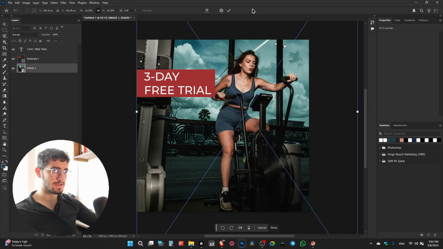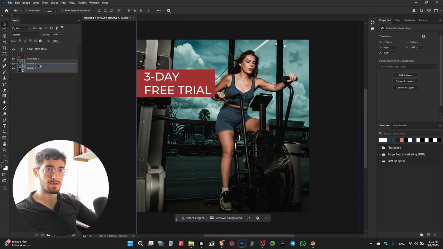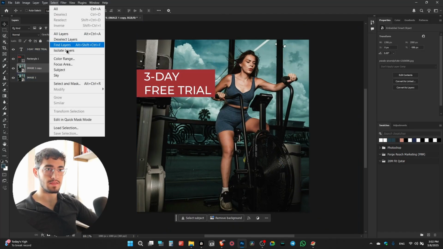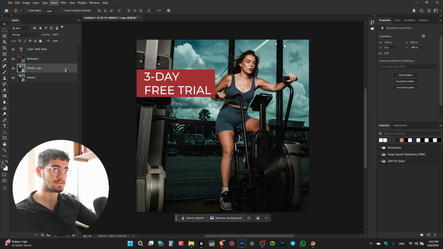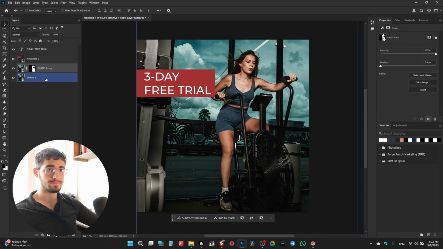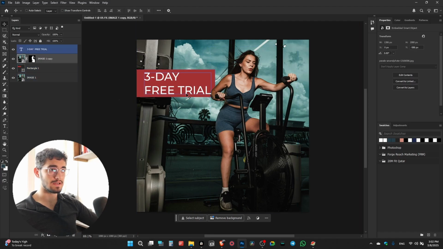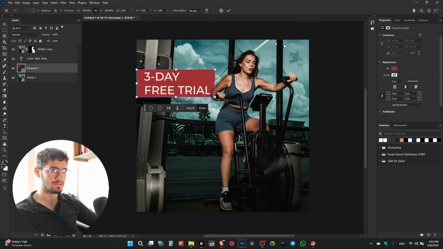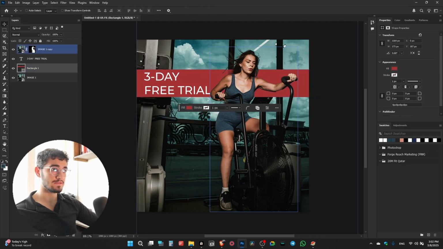If I make this bigger and I duplicate this element and then I select this and mask it, it will look like it's actually above the box itself, so it looks like it's part of the image. And you can actually also get away with something like this. Whatever you prefer, as long as it's not